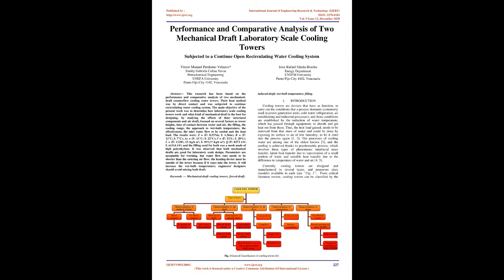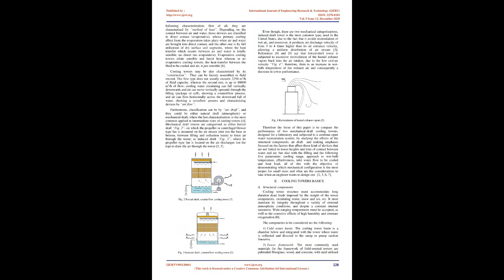4, 5. Currently, cooling towers are designed and manufactured in several types, with numerous sizes and models available in each type. Fig. 1. From the critical literature review, cooling towers can be classified by the following characterization. First of all, they are characterized by method of heat. Depending on the contact between air and water, those devices are classified in direct contact, evaporative, whose primary cooling effect